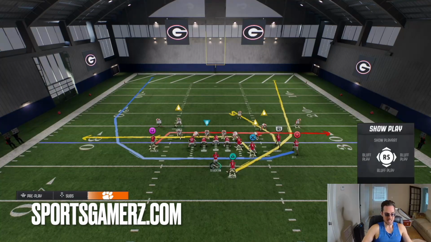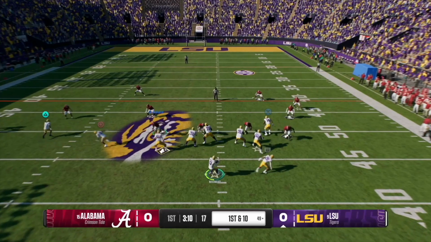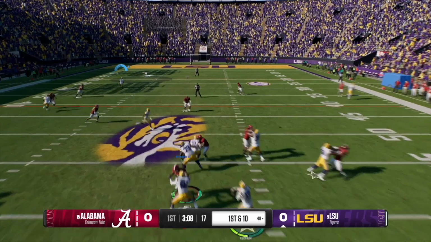Now, the second mistake I see a ton of players make is they do their adjustments in the wrong order. There's a very specific order you want to do things in, and if you play online, I'm sure you've experienced your pass protection menu locking up, your adjustments not working, and probably getting a lot of delay of game penalties. And this is because,